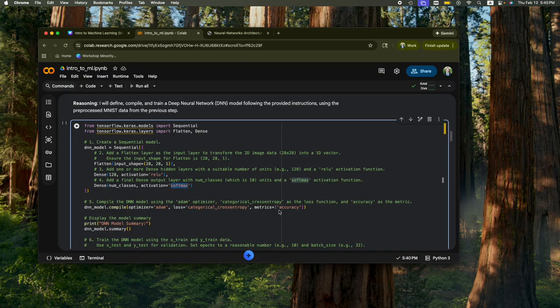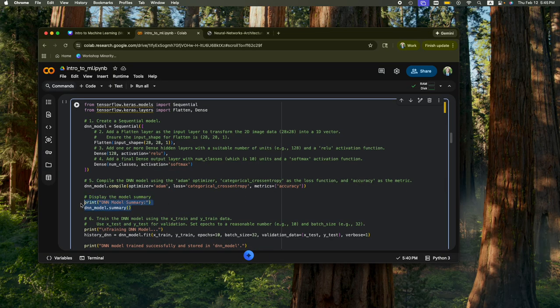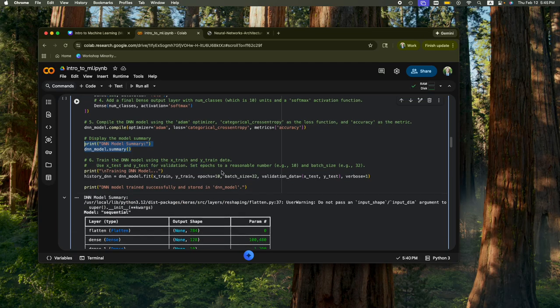And then what we do right here is we compile the model. We give it an optimizer and a loss function. We're looking for accuracy, we're trying to make sure it's accurate. You can also do model summary to check out your model. And then finally, we train it. We give it the validation, we give it how many epochs, which is how many times it'll feed the data into the model to predict it. And verbose 1 means we'll get to see it train.